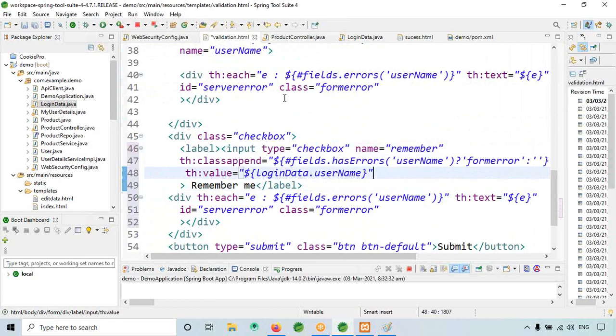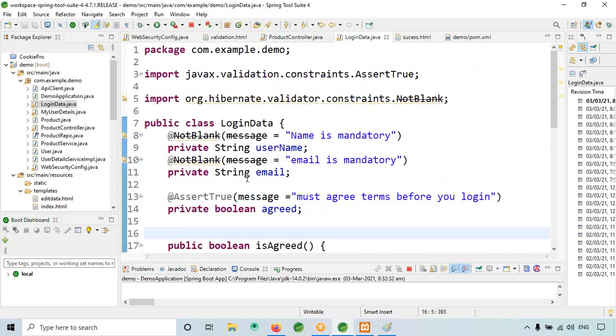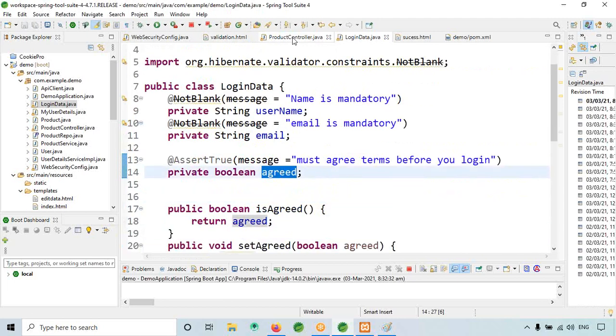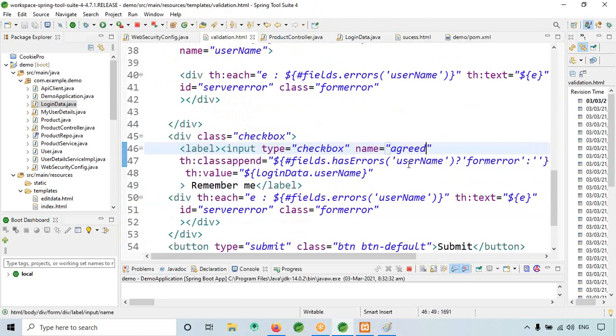So name I will give agreed. Why? Because here in login data I've used agreed only, right? So this one agreed.